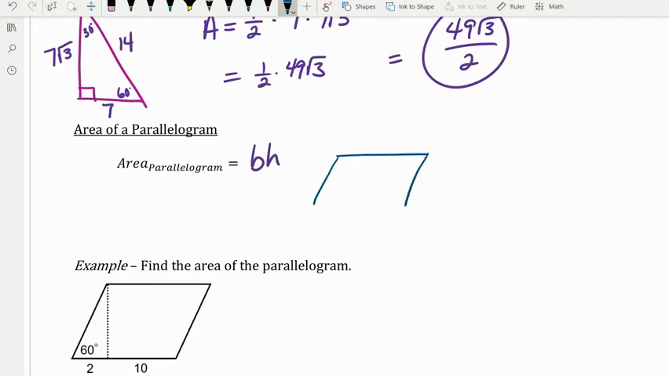So if I've got a parallelogram here, remember that means that we've got two sides or opposite pairs of sides that are parallel. To find the height, so if this is my base, I've got to draw in a perpendicular to get that height. Okay, if I draw in that same perpendicular over here, then we can see,